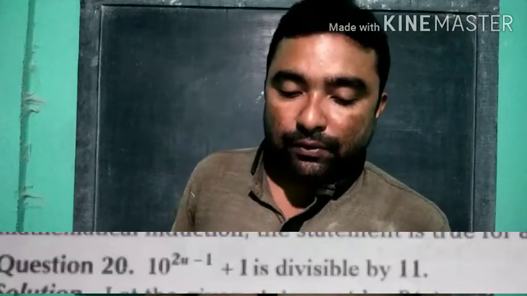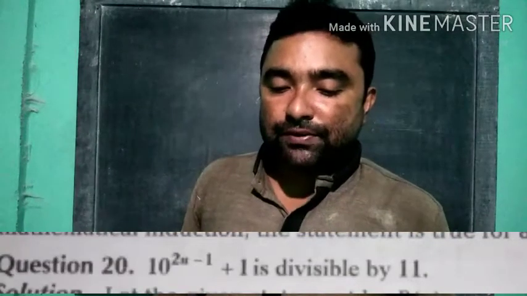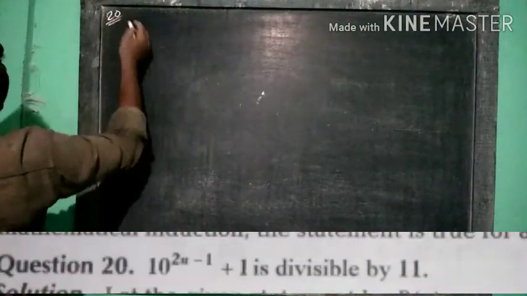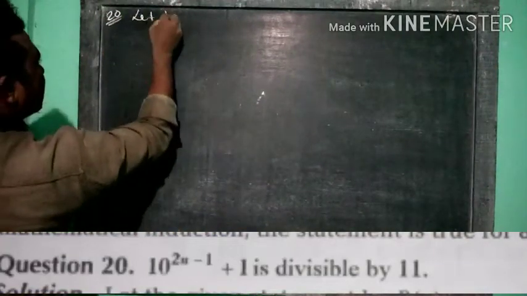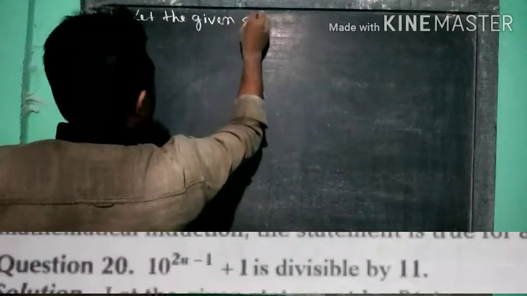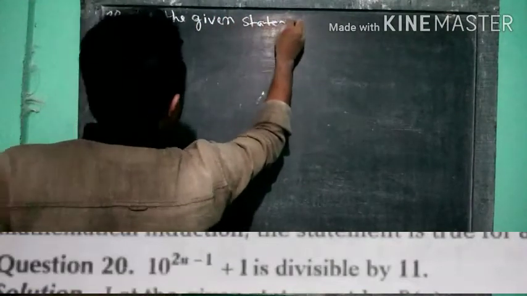10 to the power 2n minus 1 plus 1 is divisible by 11. We have to prove this. So first of all, let's try question number 20. Let the given statement be